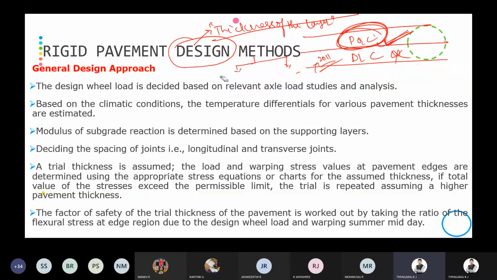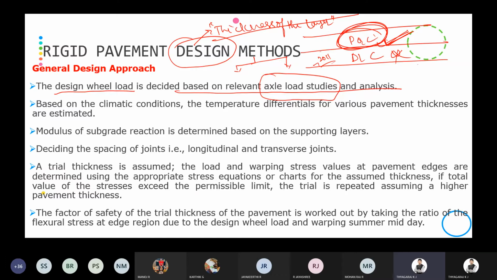In the Westergaard stress analysis also we have considered the wheel load. So wheel load is the key factor for designing the rigid pavement. Here also we are going to determine the design wheel load based on the relevant axial load studies and analysis. So we are going to conduct some axial load studies, and from the axial load studies,